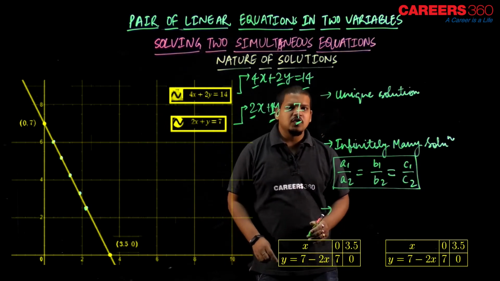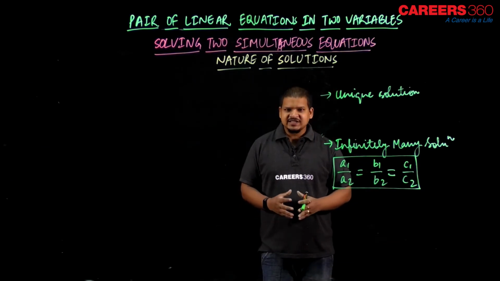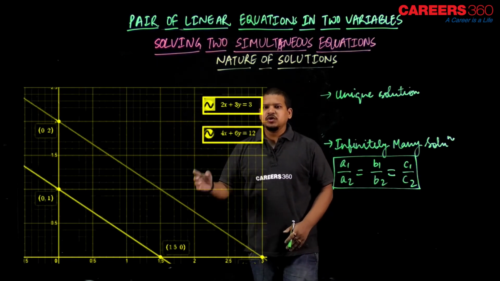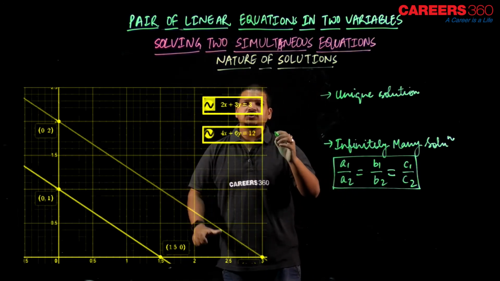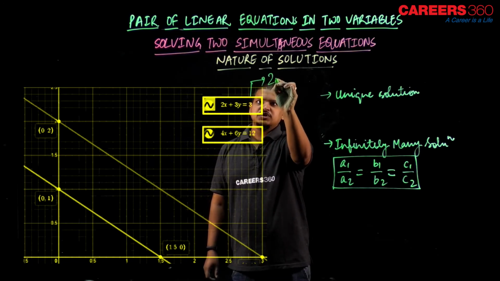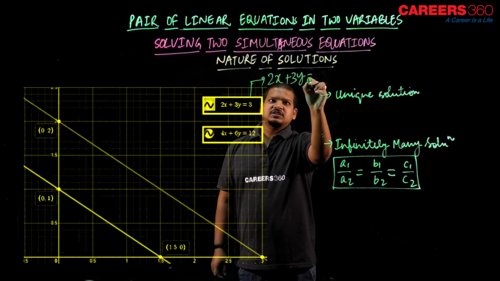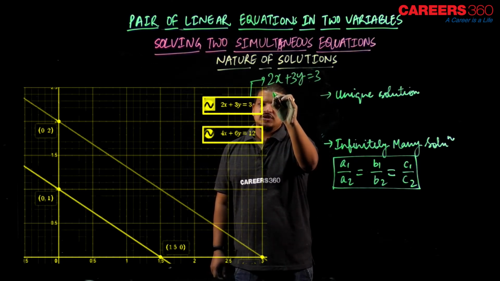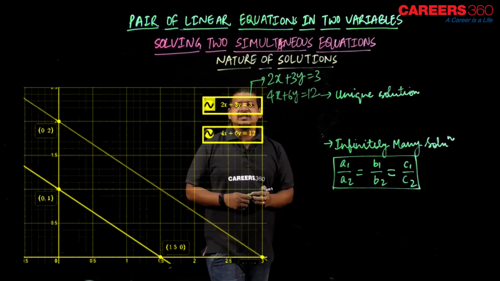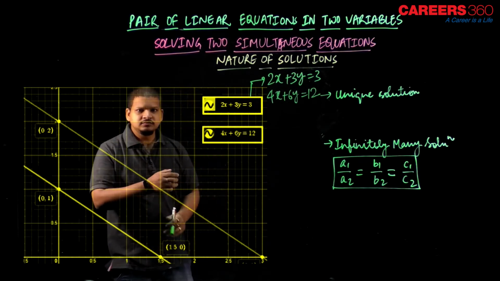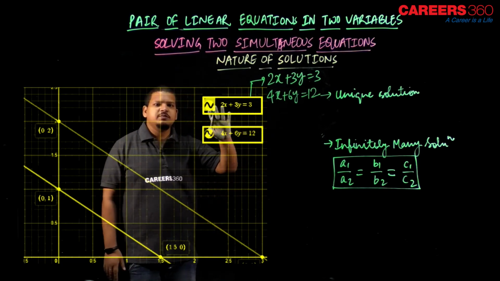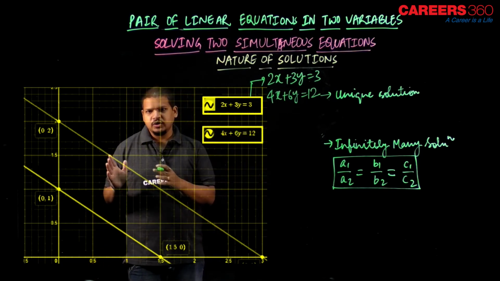Now moving forward to our third example. Now let us have a look at our third example. These are two lines which are represented by two graphs. If it is not visible clearly to you, let me just rewrite. The first equation is 2x plus 3y is equal to 3, and the second equation is 4x plus 6y is equal to 12, right? These are the two equations. Again, the procedure for plotting the graph will be the same. Firstly, I'll be making a table out of it, and then I'll be drawing the graph.